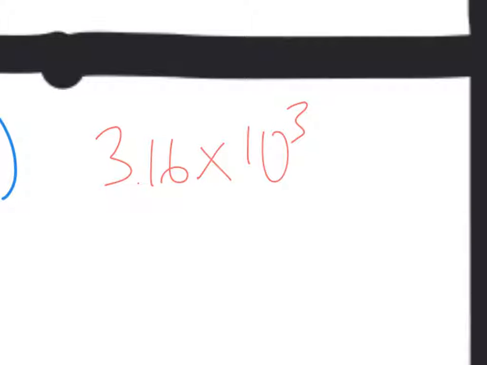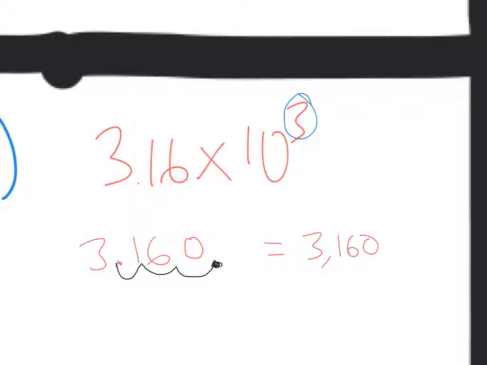That's the first step. Then I determine what power my 10 is being raised to, and that's the third power. All that means is I'm going to take my decimal, 3.16, and move it to the right 3 times, because that exponent is 3. So I'm going to move over 3 place values. Ready? 1, 2, 3. Make that the new decimal, and you can fill in the gap with a 0. So this is just